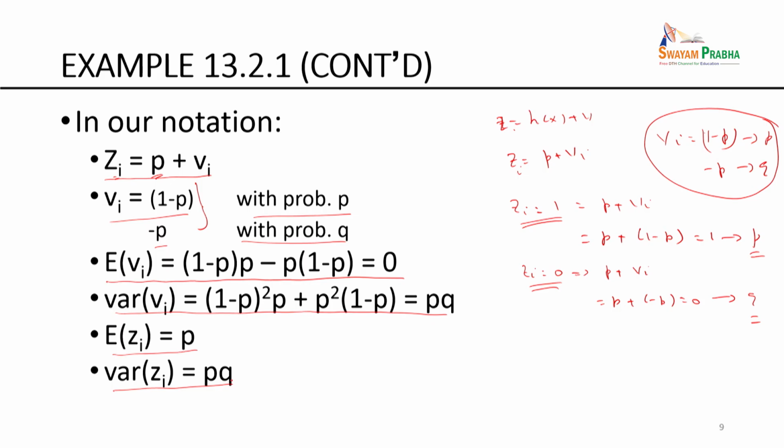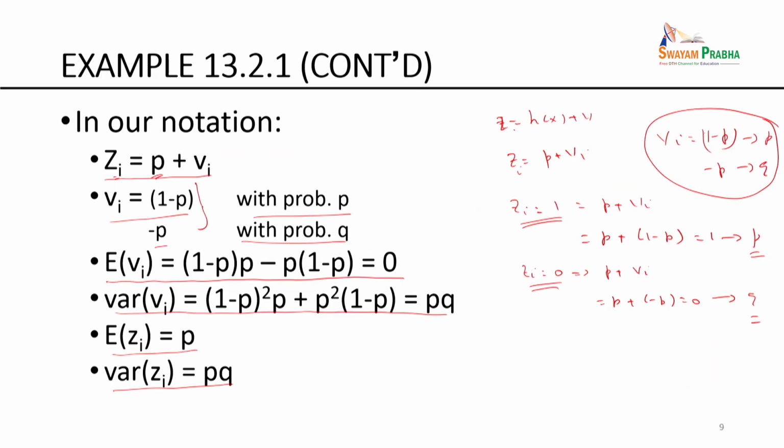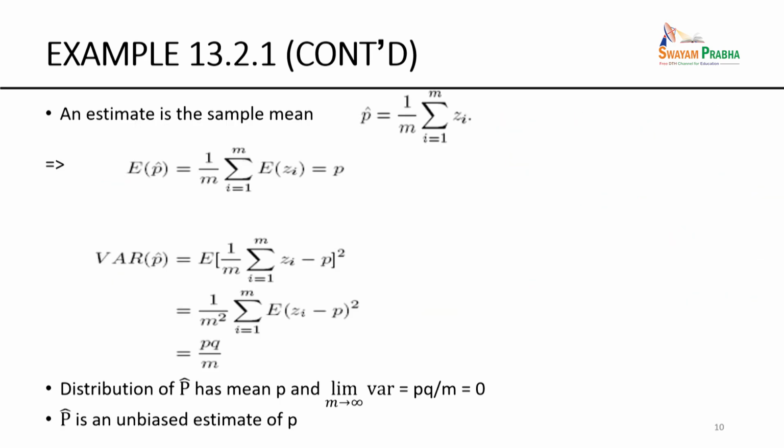So this result is the same as the previous result, but I am rewriting it in a new notation. It is in this notation of slide 8 that we do probability theory. It is in this notation of slide 9 that we do in our discourse. They are essentially the same except for the notation.